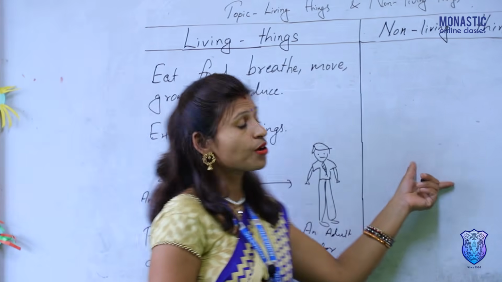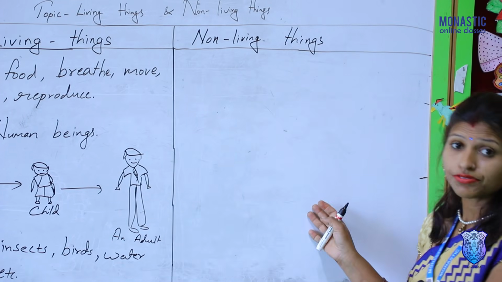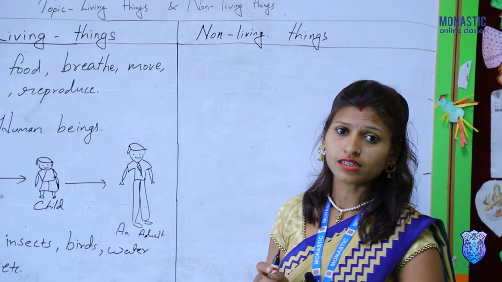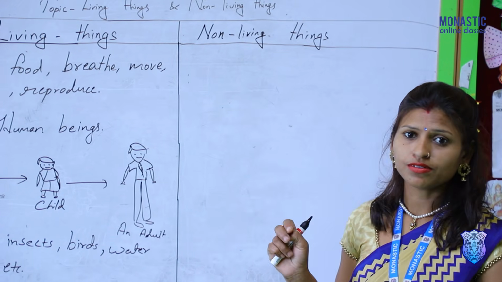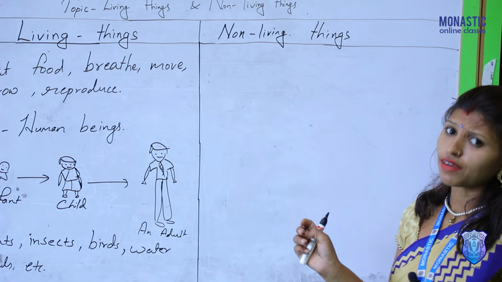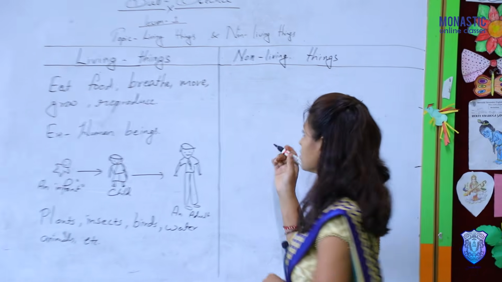Now it's time for non-living things. I have told you about living things. Now what are the features of non-living things? It's just the opposite. Non-living things are not alive. They do not have life in them. Those things which do not have life in them are called non-living things. It means they